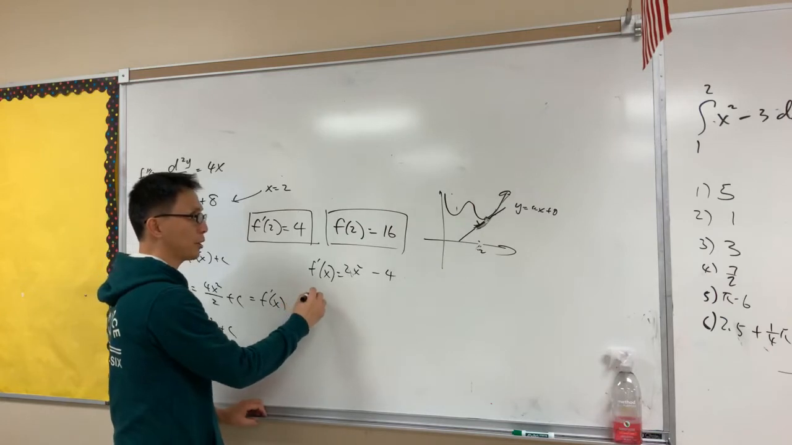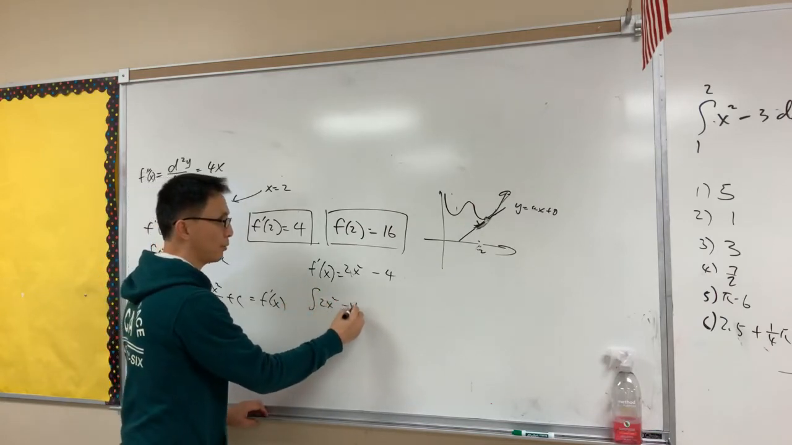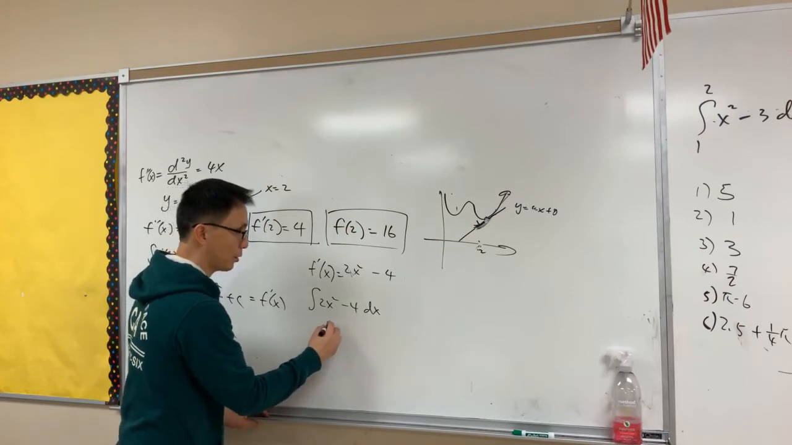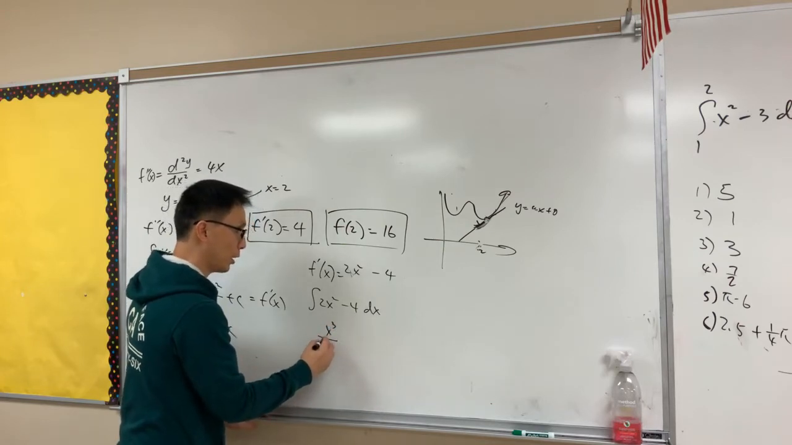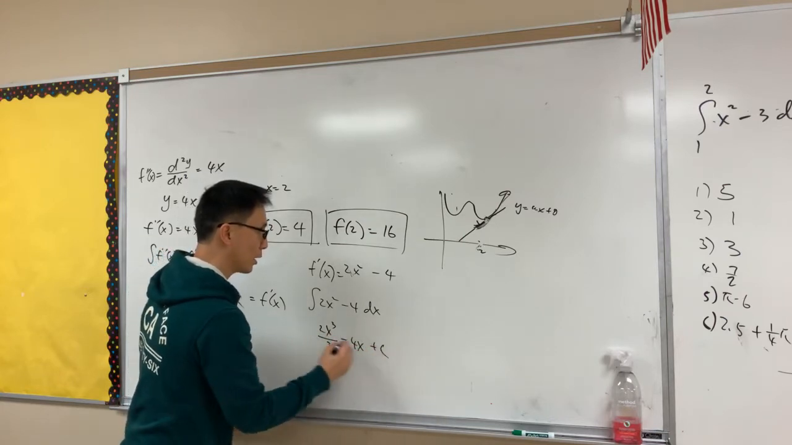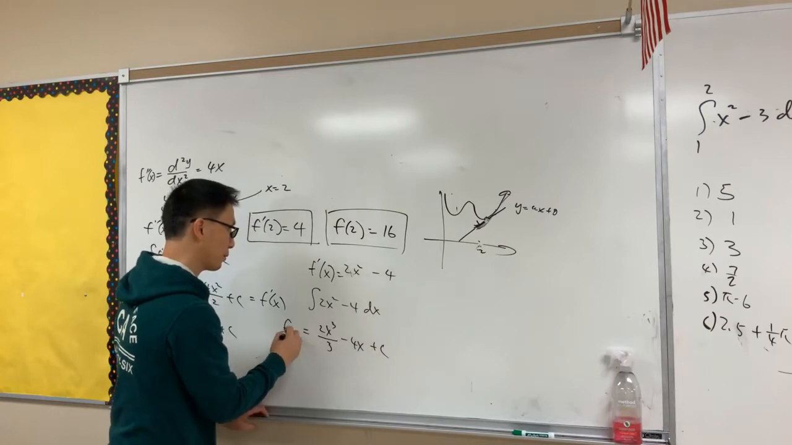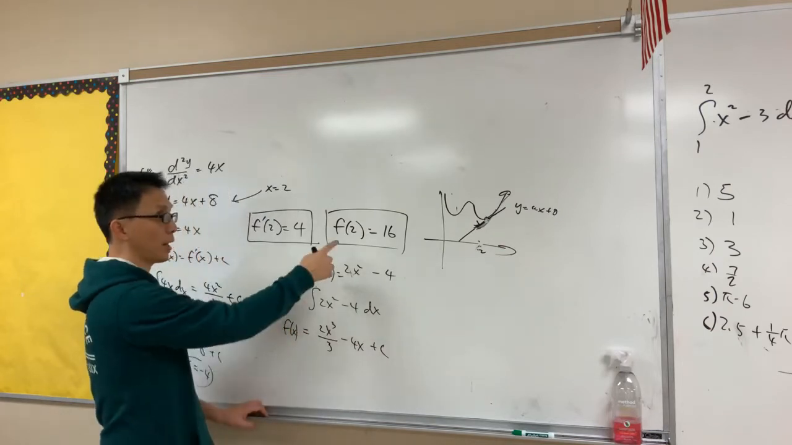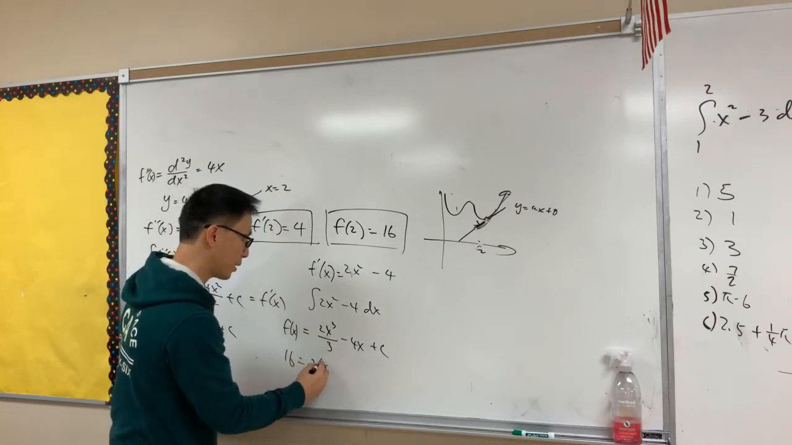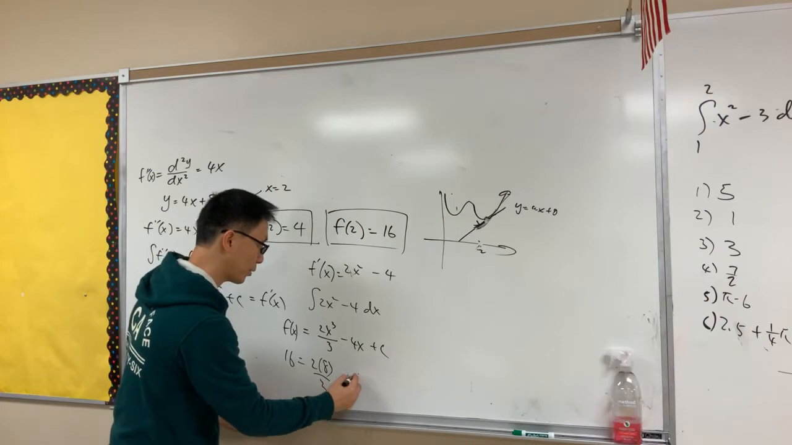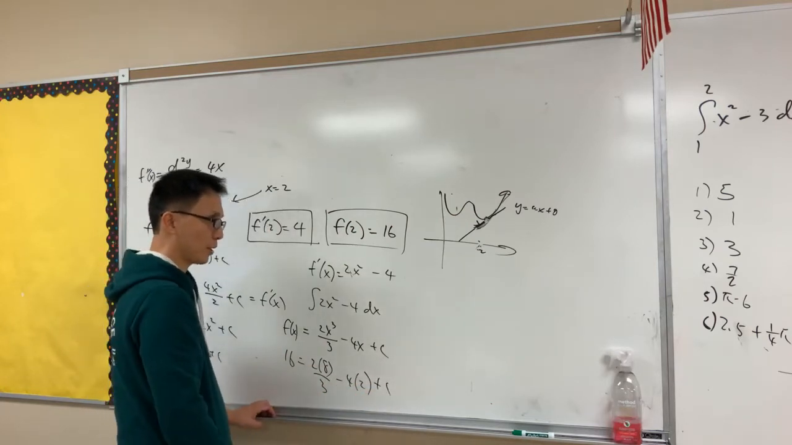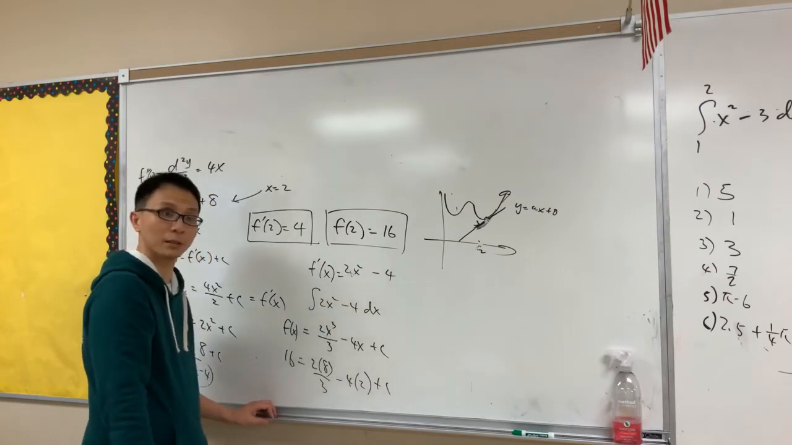Now I'm going to take the integration of again, 2x squared minus 4 dx, and that's going to be x to the 3 over 3 minus 4x plus c, and we know that's equal to f of x. And we say that is equal to 16, plug in 2, so it'll be 2 times 8 over 3 minus 4 times 2 plus c. So eventually you're going to get c equal to 56 over 3 or something like that, and then you can